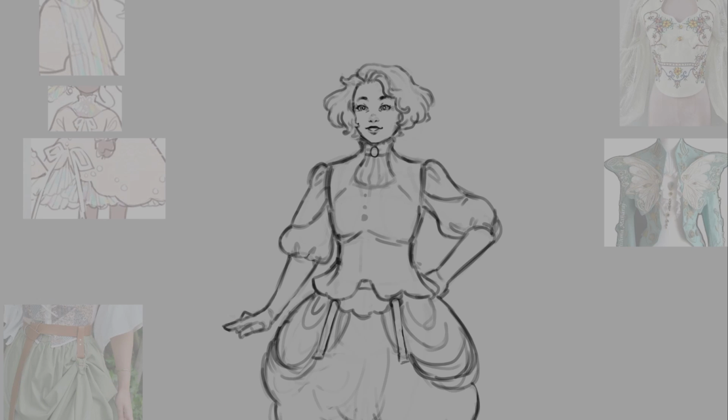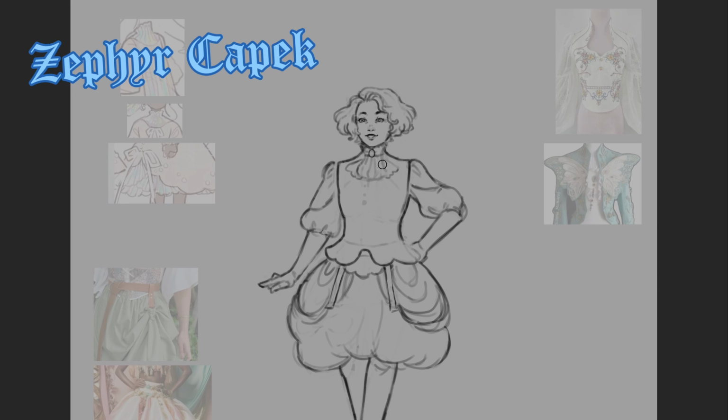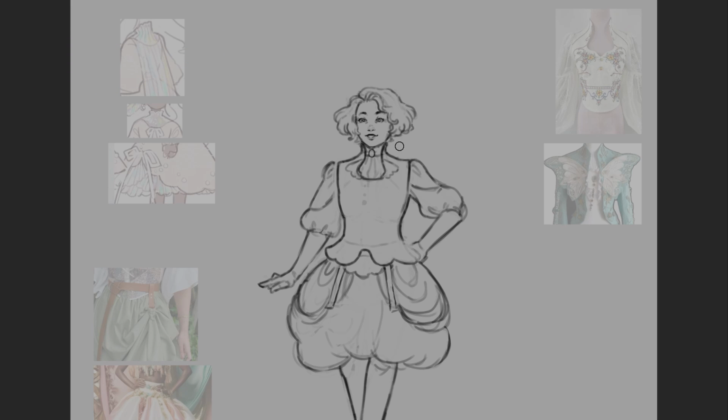So, what was my inspiration for my new friend taking shape on screen right now as we speak? Zephyr Capek. Or Capek, depending on who you ask. Good question. I decided I wanted to play a type of character I have never played before, which forced me to think about the sorts of things I tend to default to in tabletop RPGs. A bit of introspection, if you will.